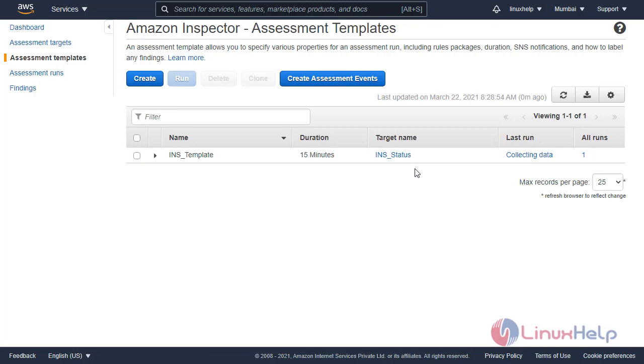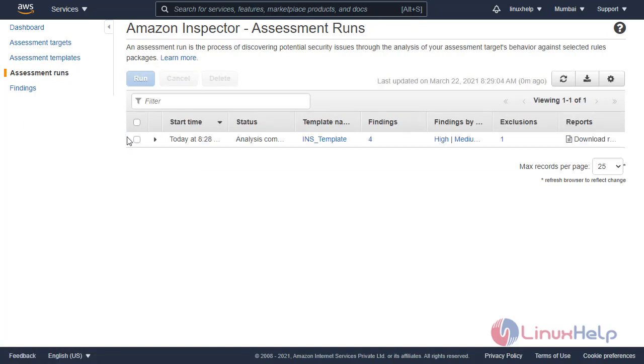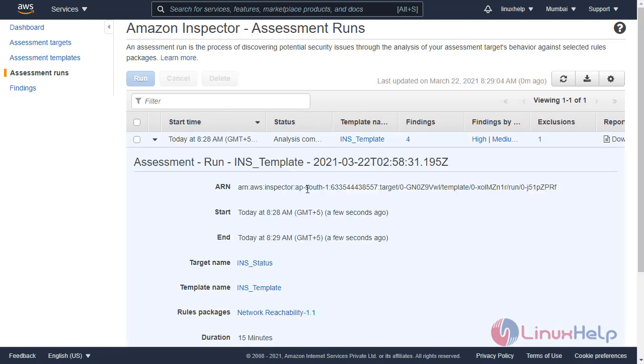In here you can see the duration of the assessment template is 15 minutes. And if you click assessment runs, it will show entire details about the assessment run, instance, and template. You can see the ARN number, target, template, and so on. And click findings.